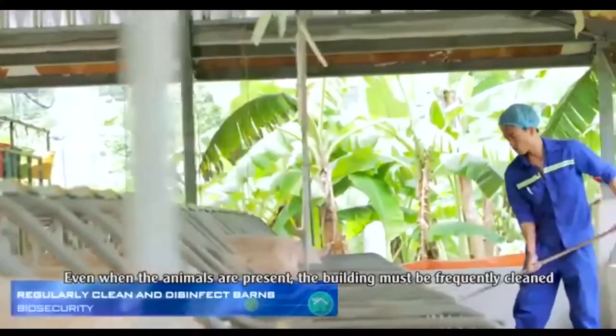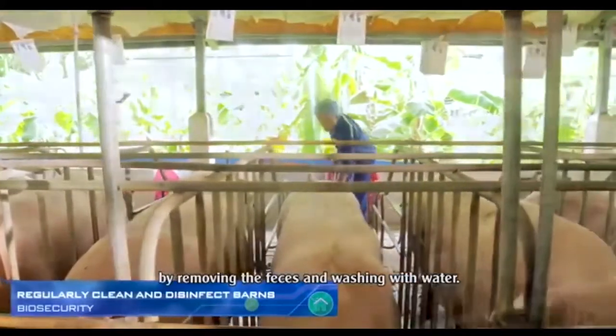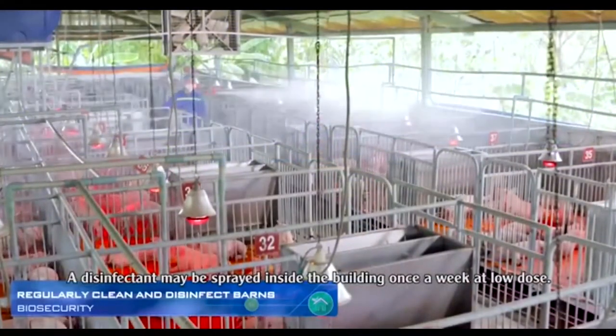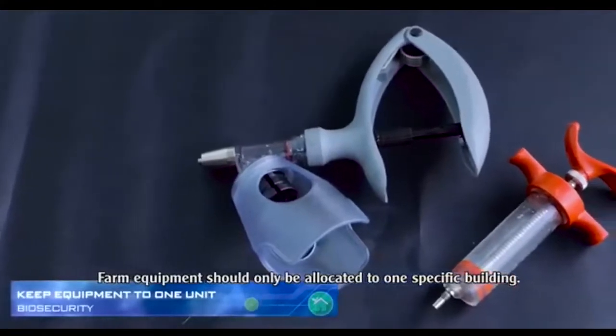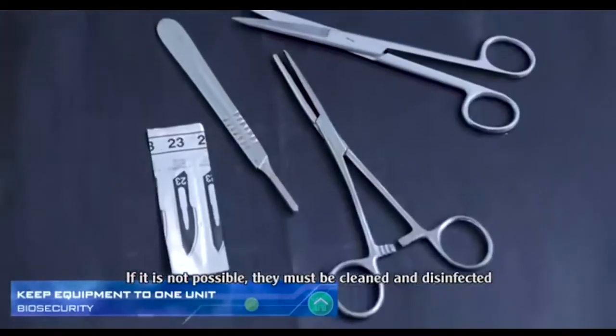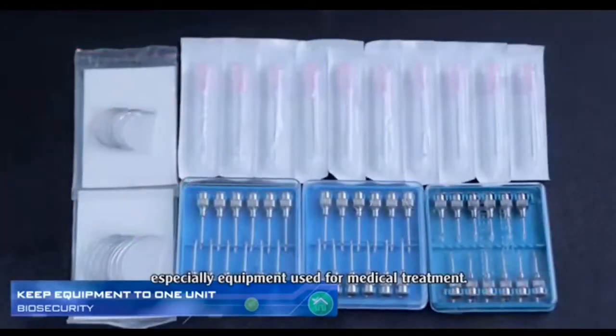Even when the animals are present, the building must be frequently cleaned by removing the feces and washing with water. A disinfectant may be sprayed inside the building once a week at low dose. Farm equipment should only be allocated to one specific building. If it is not possible, they must be cleaned and disinfected when being moved to another building, especially equipment used